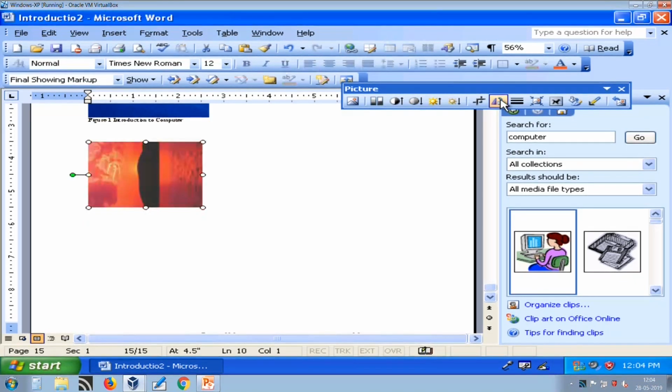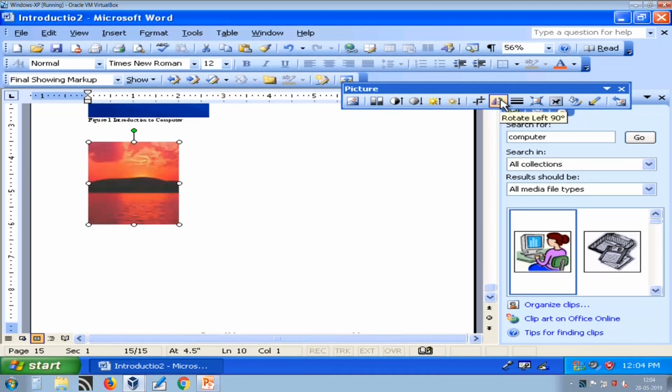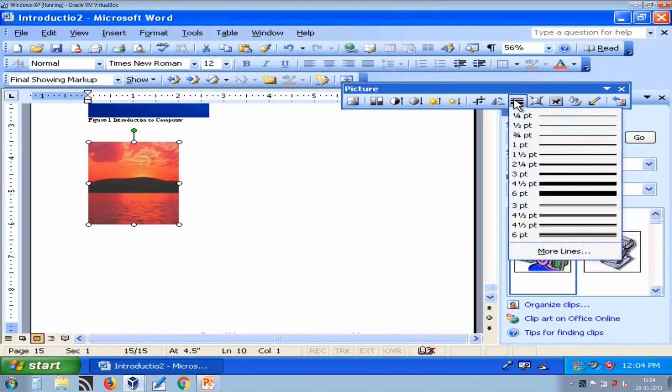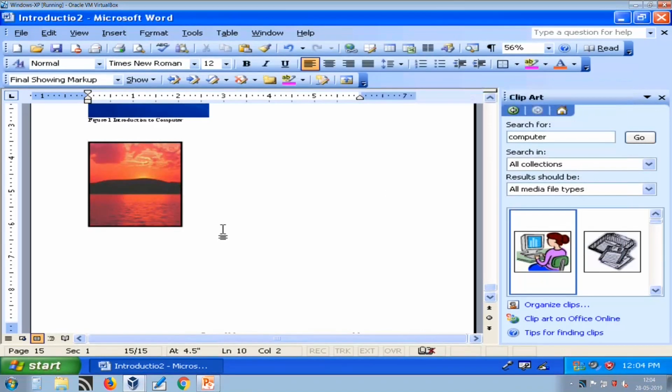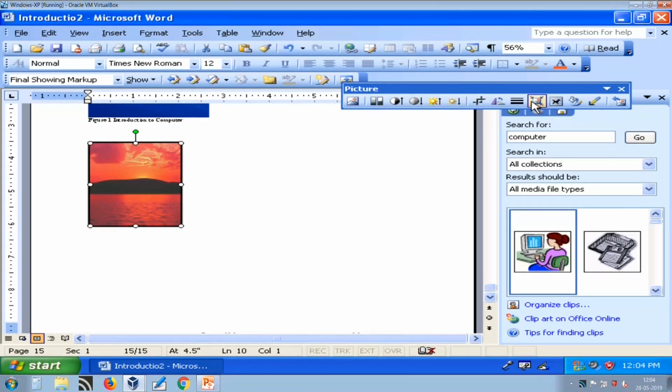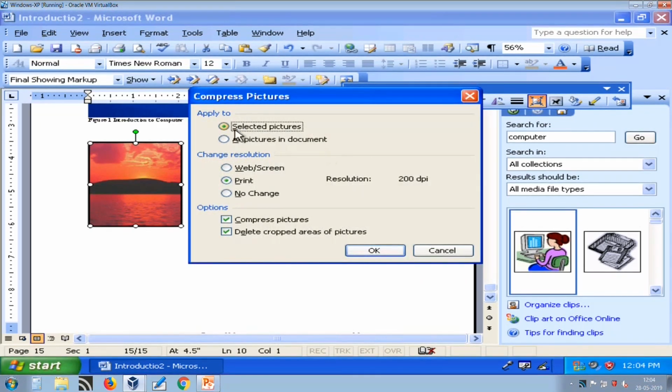Similarly, I can rotate my picture in a clockwise direction, and I can provide different line borders to my picture. Similarly, I can compress my picture, and it asks whether you want to apply it to the selected picture or all pictures in the document, and whether you want to change resolution for web or screen, for print, or no change.